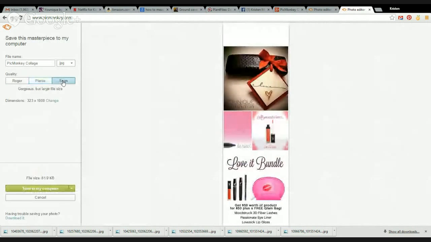Save it as the biggest quality that you can, because it's going to help on the editing portion. So we're going to name it something easy to remember. Valentine collage